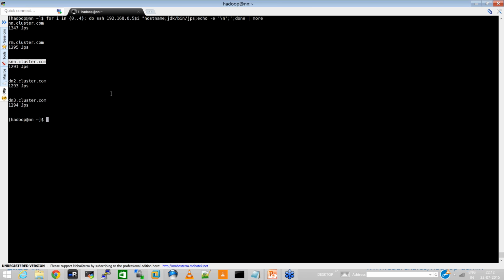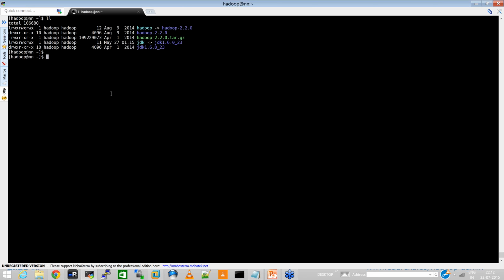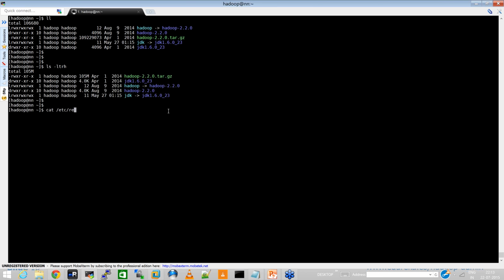So I have planned these 5 nodes and how my daemons are going to be segregated. I have got 5 virtual machines running, and on those I have the Hadoop setup. Just as a POC or testing cluster, we can build our cluster on virtual machines. This is a Linux machine, I can run all the Linux commands, and I'm using CentOS